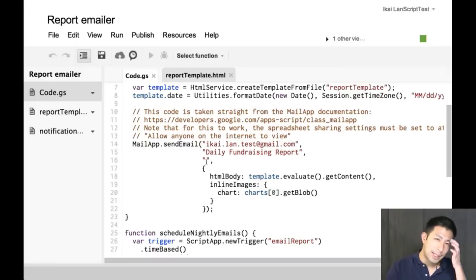You can and should, because not all email clients will render HTML. So we're going to use the last parameter to pass an HTML body. And you'll notice I'm using template.evaluate, but I'm doing one more thing. I'm doing .getContent. You don't typically need to do .getContent when you're doing an HTML service, but we're forcing it to render the template as a string, because HTML body takes a string. So we're going to take template.evaluate.getContent, turn it into a string,